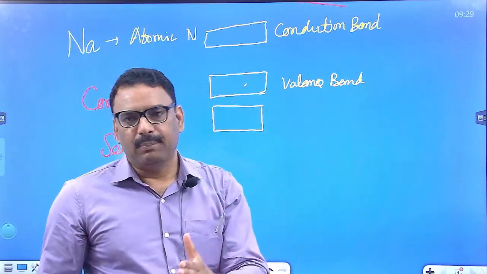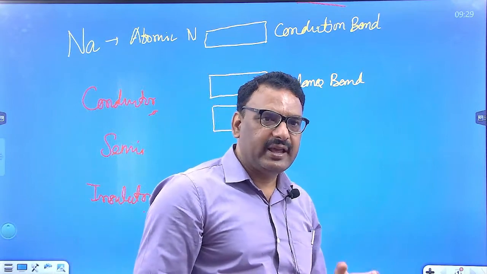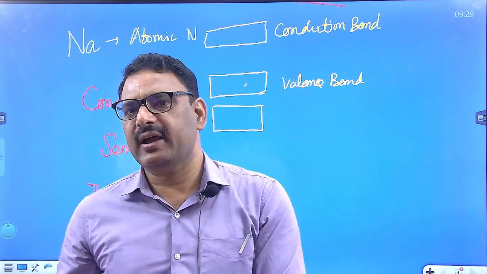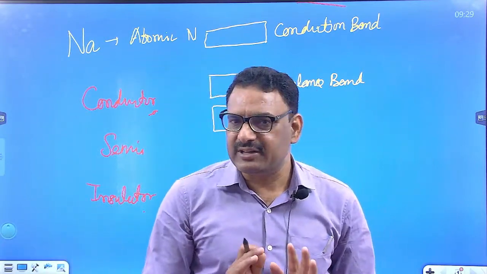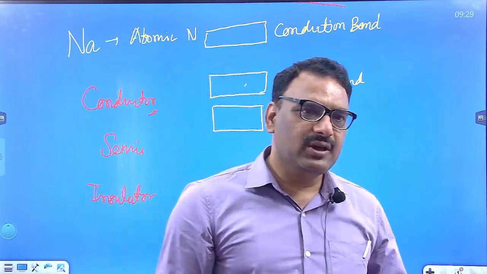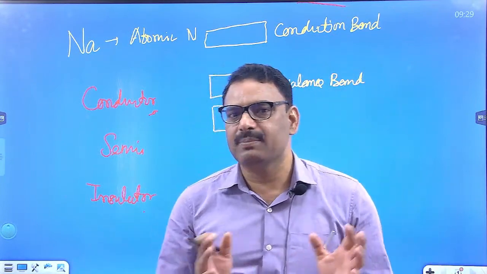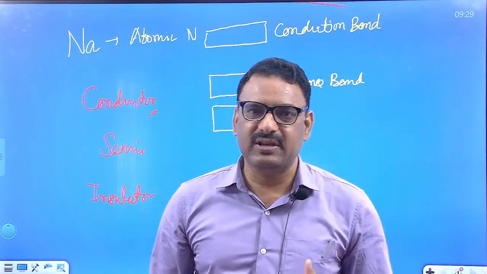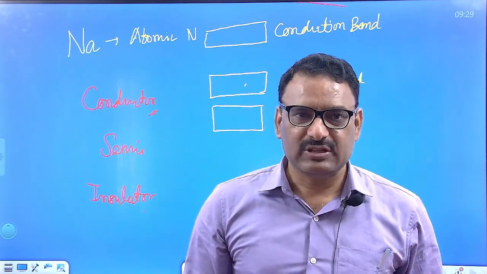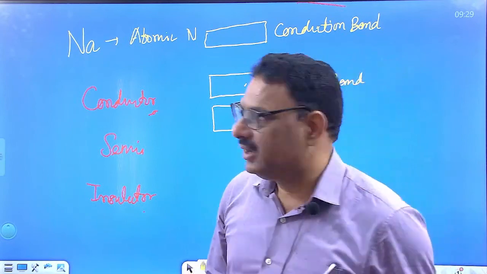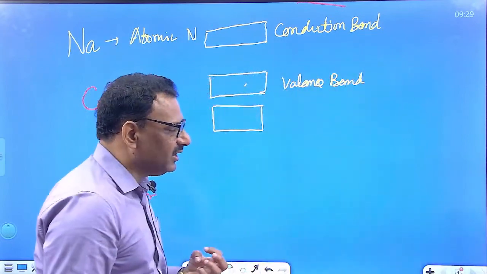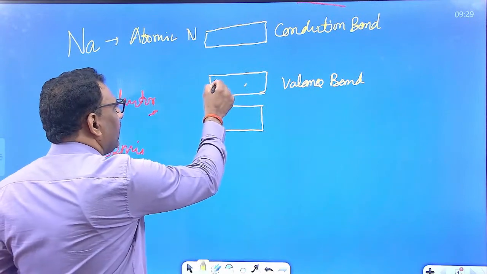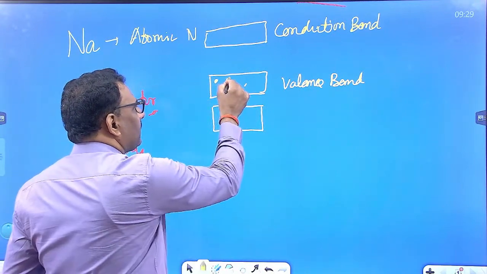Electrons lying in this valence band are bound with the nucleus. They cannot participate in the conduction. इनका कंडक्शन में उपयोग नहीं हो सकता है क्योंकि ये आपके न्यूक्लियस के अट्रैक्शन से बंधे हुए हैं। इनका उपयोग तभी कर सकते हैं जब ये अट्रैक्शन से फ्री हो जाए। तो इसका मतलब इनको हमें फ्री करना होगा। तो how can we make it free? तो जो यहाँ के इलेक्ट्रॉन हैं जो आपके बैलेंस में हैं,